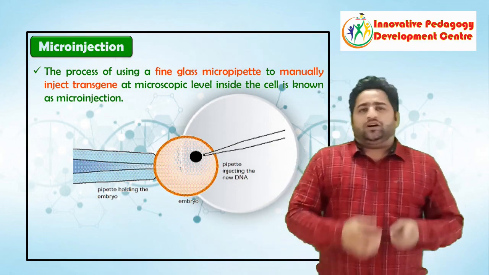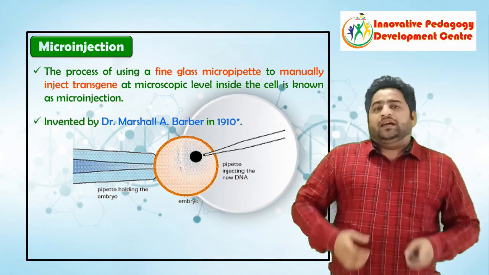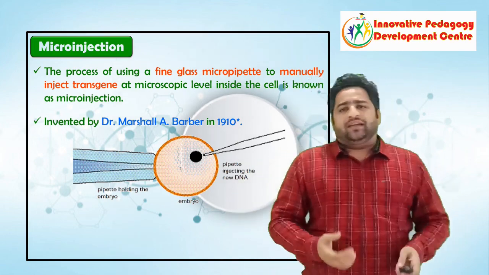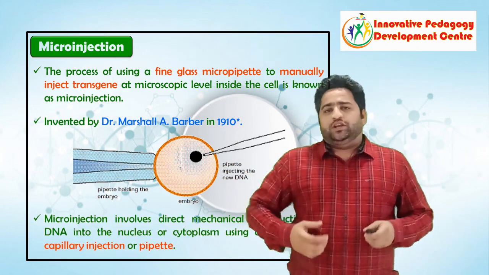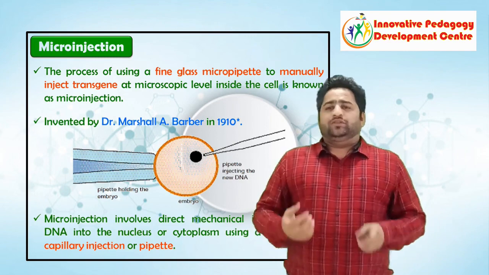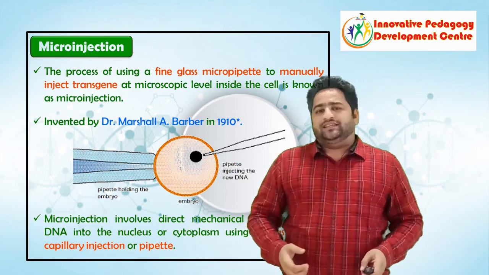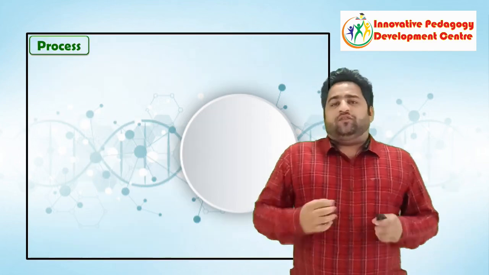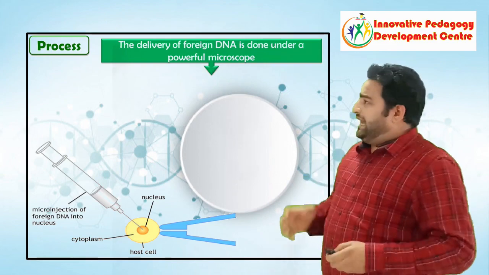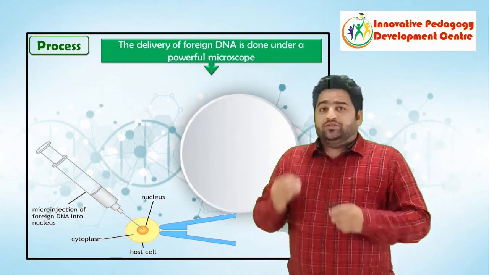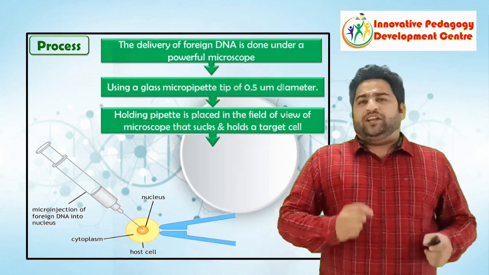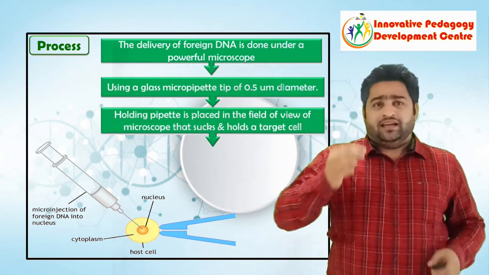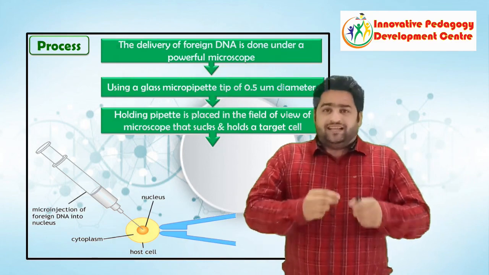It was invented by Dr. Marshall Barber in the year 1910. Microinjection involves direct mechanical introduction of DNA into the nucleus or cytoplasm using a glass microcapillary injector or micropipette. Process: the delivery of foreign DNA is done under a powerful microscope. Then, using a glass micropipette tip of 0.5 micrometer diameter, we release the DNA inside